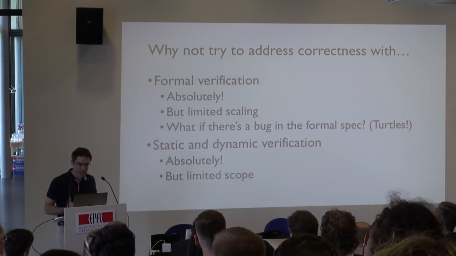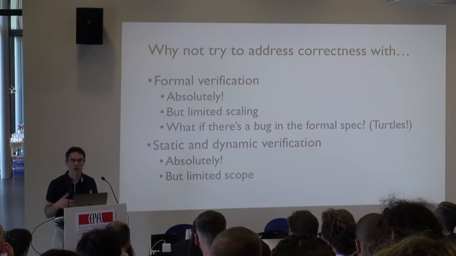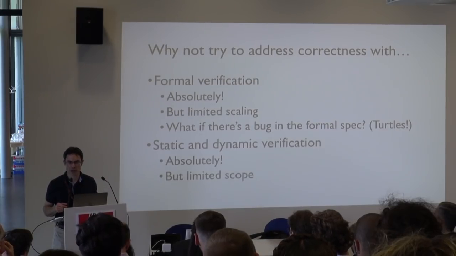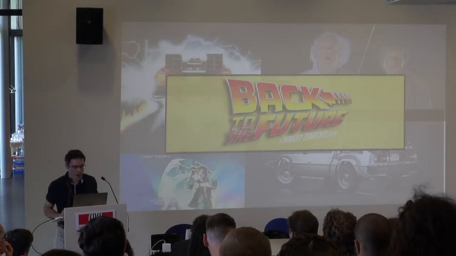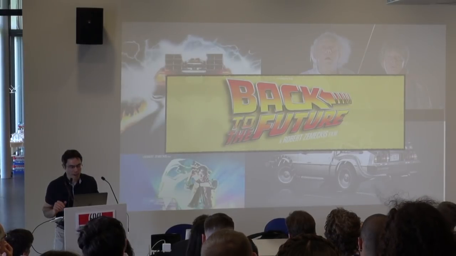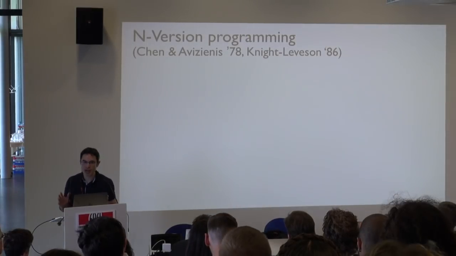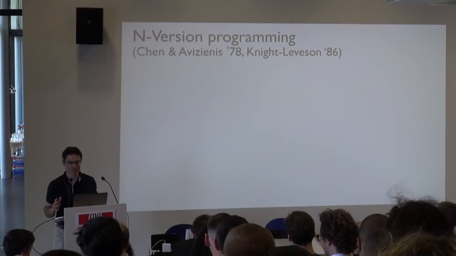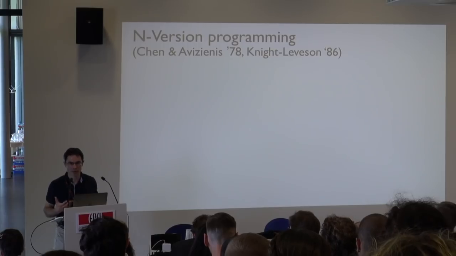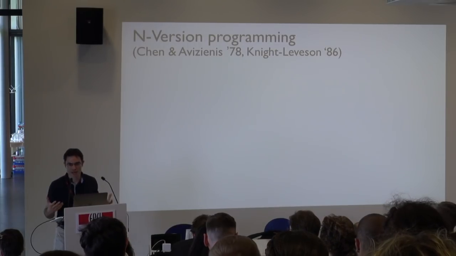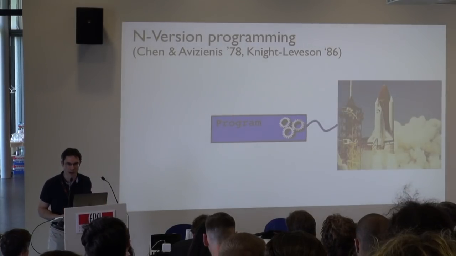So we perceived a need for a different technique, a need to enlarge the toolbox, as it were, to ensure smart contract correctness. And to identify a new technique, we went back to the future, as it were. Back to the 1980s, when an interesting concept known as inversion programming was popular. The goal of inversion programming was to develop highly reliable programs, in particular for embedded systems or mission-critical systems, the type of system you really don't want to fail.